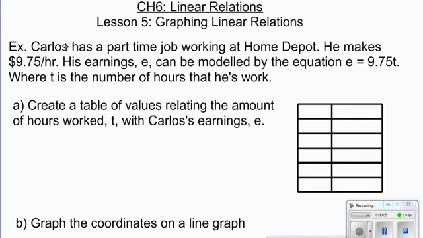Okay, we're flying with our lessons here. We are in Chapter 6, Linear Relations, looking at linear equations, and we've got to Lesson 5, so we're starting to graph them. So, depending on when you're watching this video, this may or may not actually be what minimum